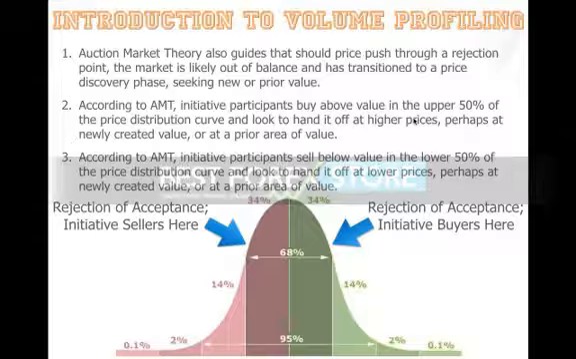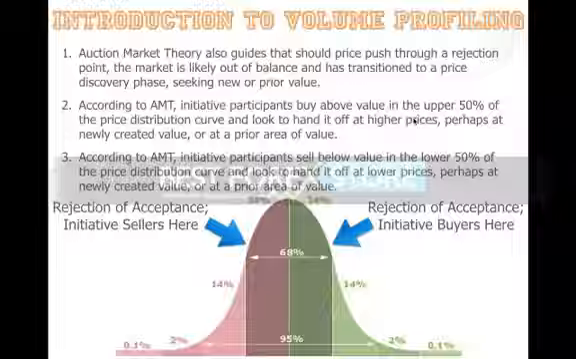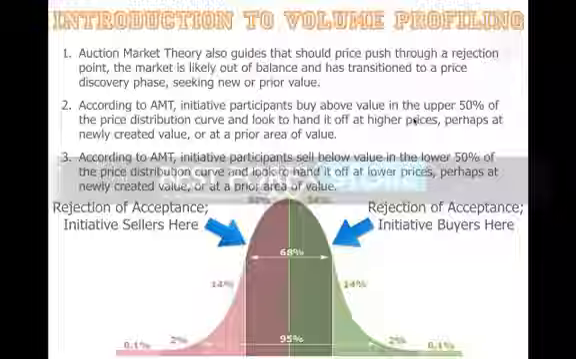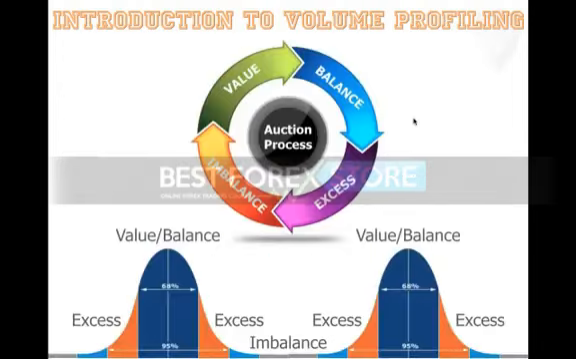Does that make sense? So if the market is rejecting current balance, a current area of acceptance, then we look to become initiative participants heading out of the range and toward an area of prior value or toward an area where new value is likely to be created. That's the role. So tying the two together, our core trading philosophy of the auction process and auction market theory,